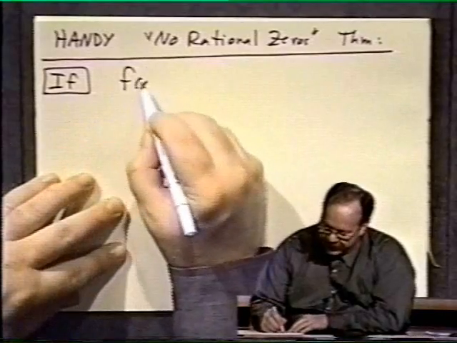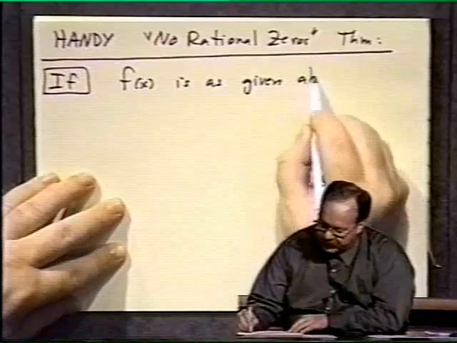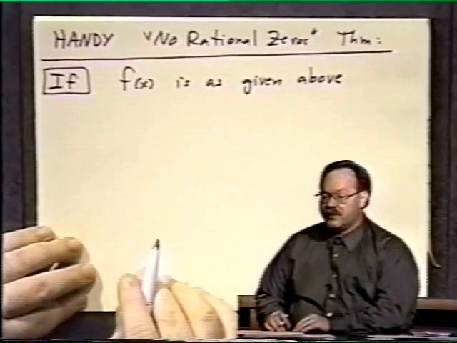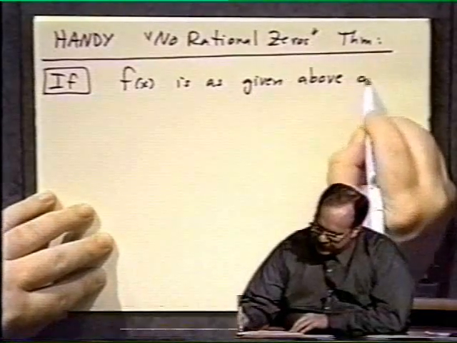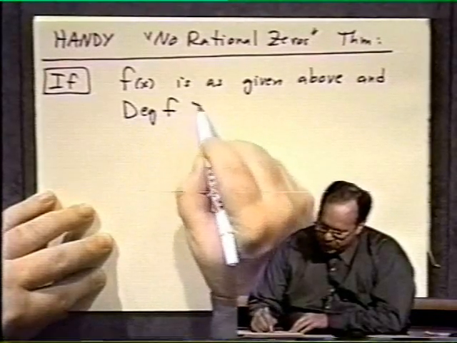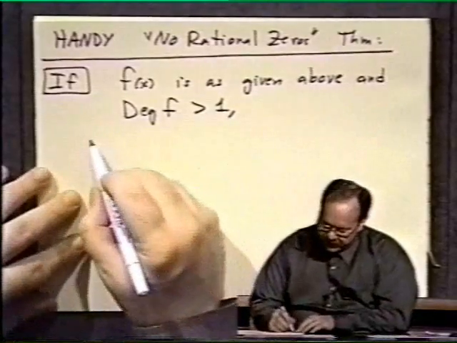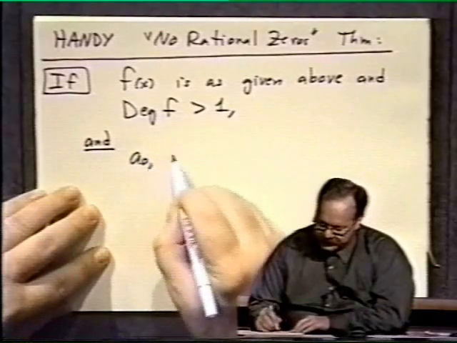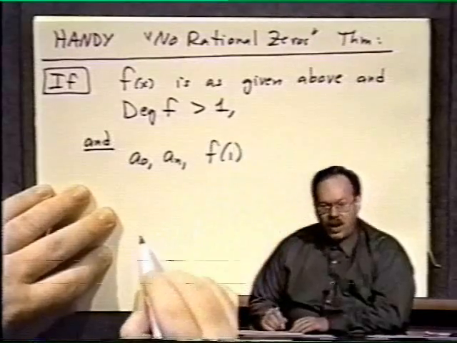If f of x is as given above, so we're talking about a real polynomial whose constant term is non-zero and all of whose coefficients are integers, and the degree of f is greater than 1, so the only case left out is the linear case. It's got to have degree greater than 1 for this theorem, and a sub 0, the constant term, a sub n, the leading coefficient, and f of 1, which